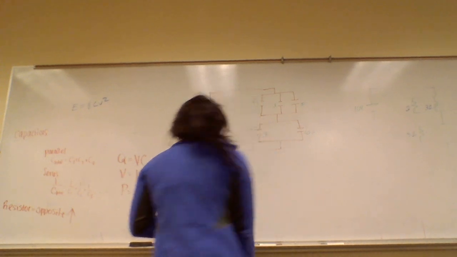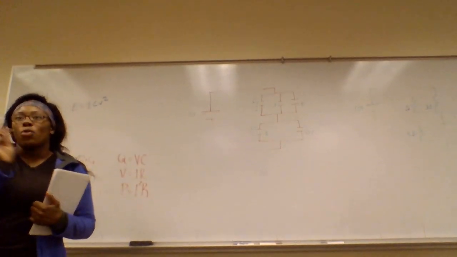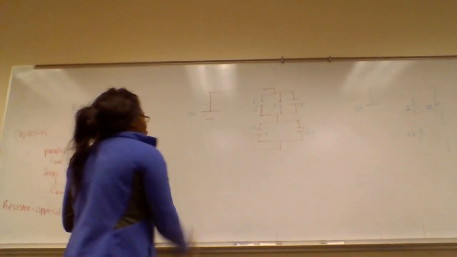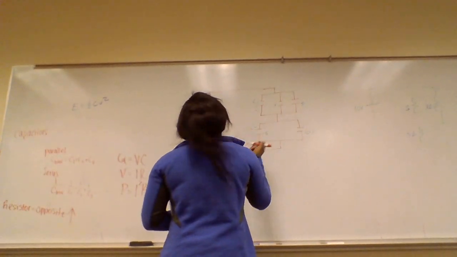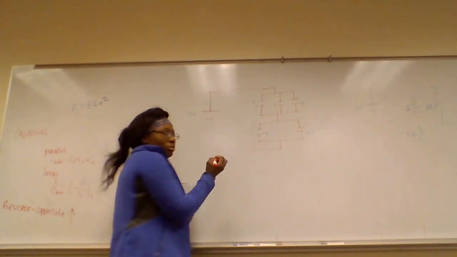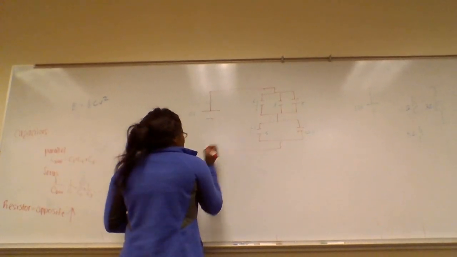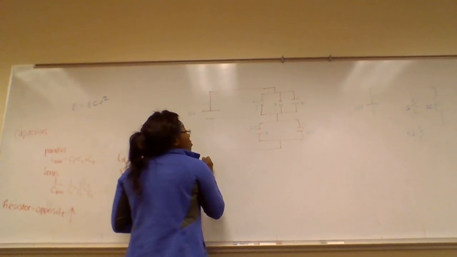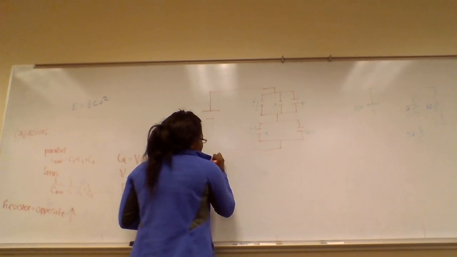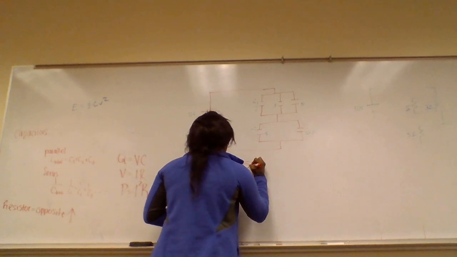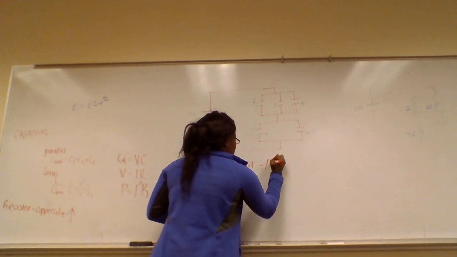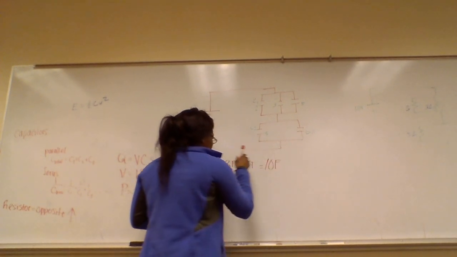So the first thing you want to do is find your equivalent capacitance. First, add these in parallel, which basically means you just add them straight across. So C equals 2 plus 3 plus 5. That equals 10. And then for the second one,